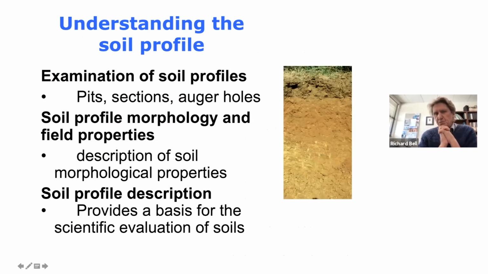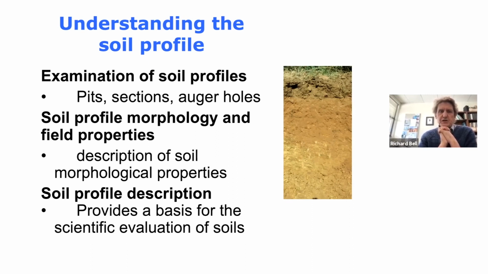There are different ways in which we can collect information about soil profiles. We can dig a pit, we can look for natural sections, or we can use an auger, and they have their advantages and disadvantages. And once we've got a soil profile, we rely a lot on morphological properties and field properties and describe those. If we use standardized terminology, that helps to standardize and clarify the communication between people,